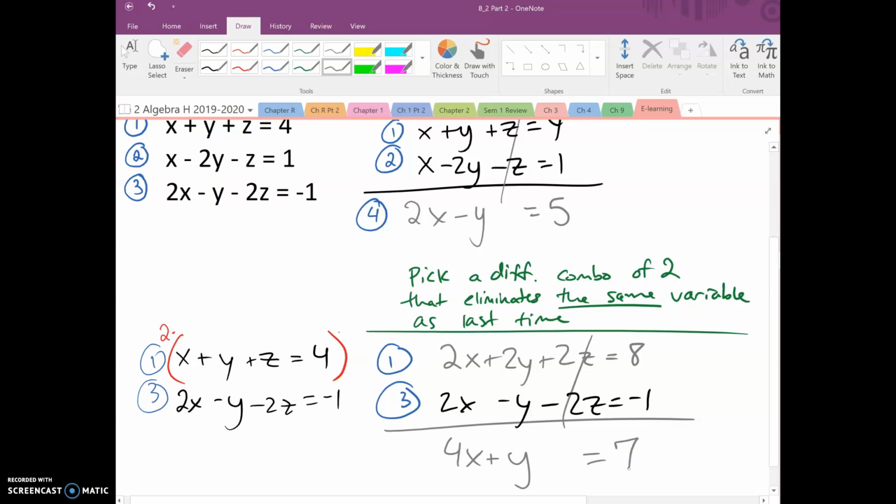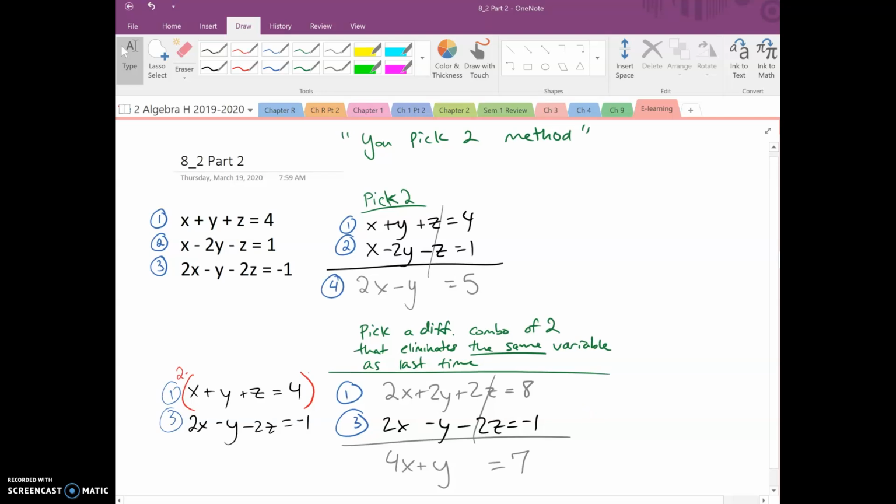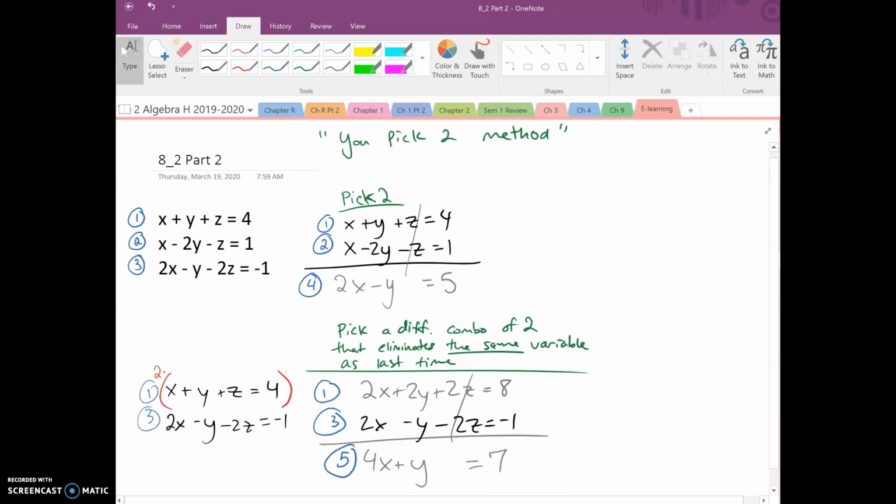Great. What do you think I'm going to name that new equation that I just got? I'm going to say number 5, because number 1, 2, 3, and 4 are already taken. And here's what's great. When you get to this point, the method you picked did you good. Because if you take equation 4 and equation 5,